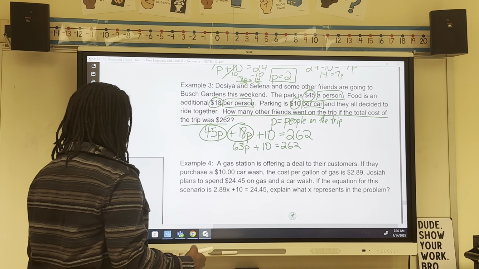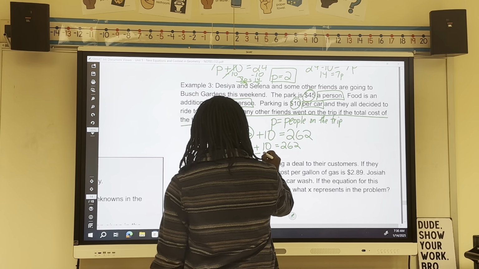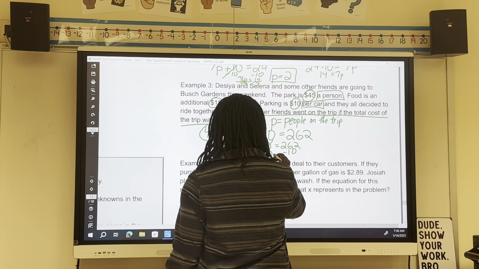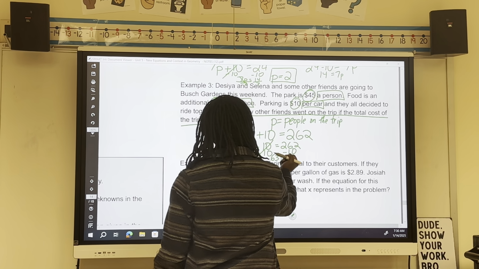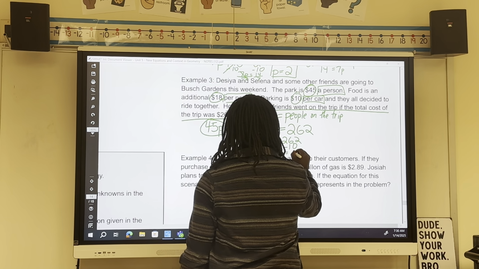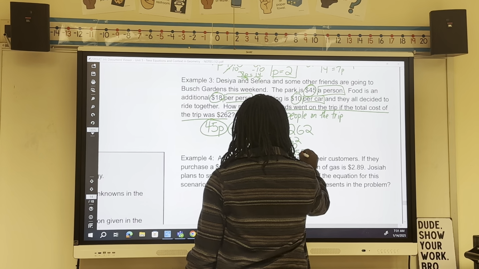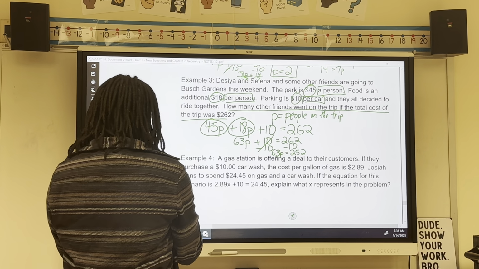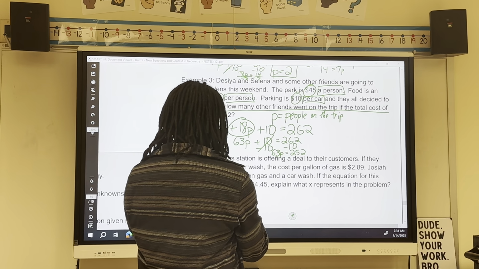And so now I'm going to use the inverse operation. I'm going to subtract 10 on both sides. That's going to cancel. That leaves me with 63P equals 252, okay? And so then I just divide that, 252 divided by 63, and that gives me P equals 4,